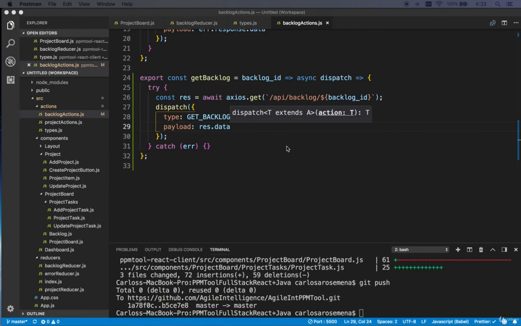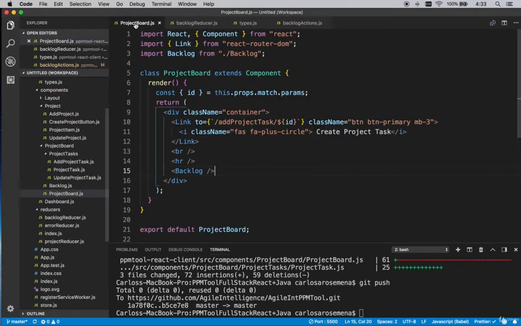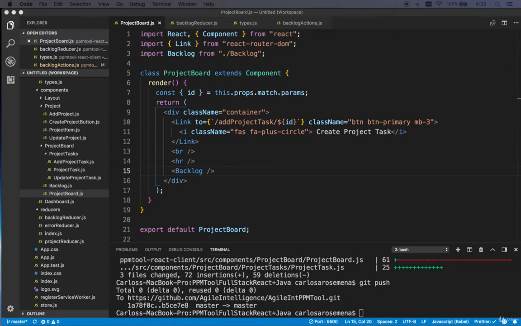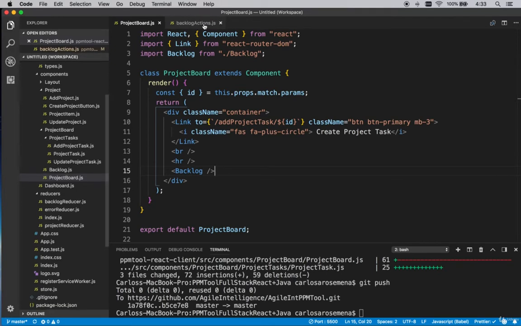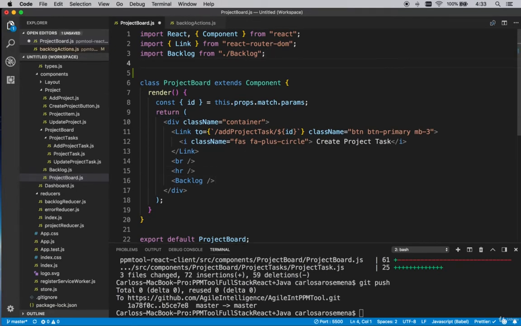Okay, so with that in place, now we need to go to our project board, and we need to connect our project board to our state. So in our project board, let me close the reducer and the types because we don't need that anymore, at least not right now. So we are gonna bring,